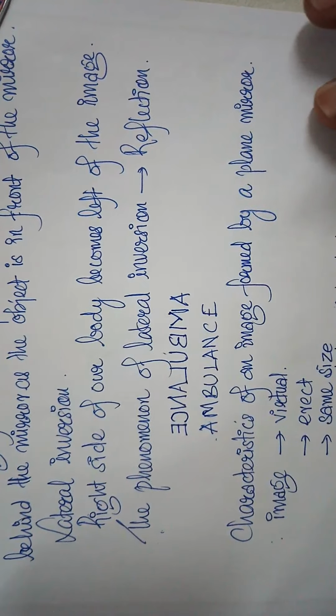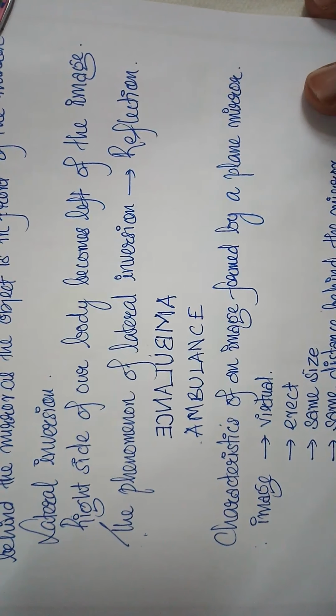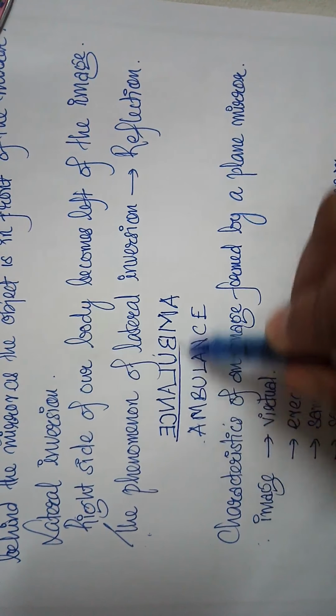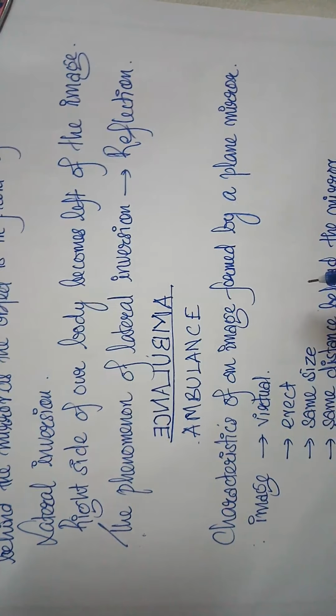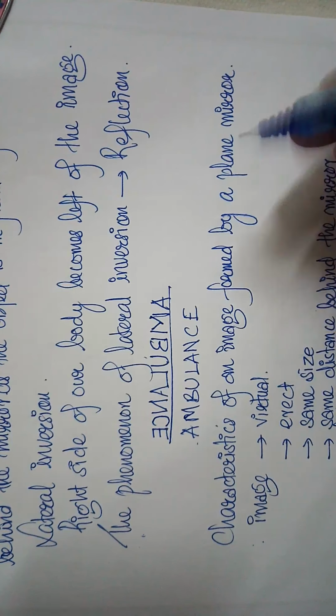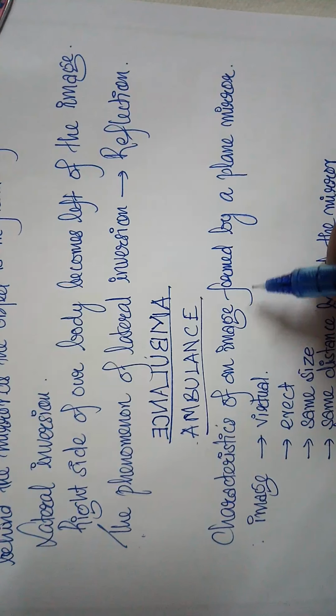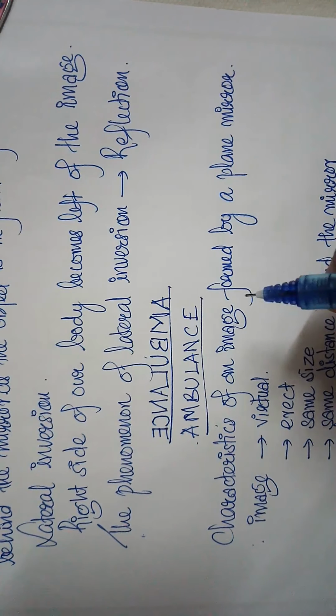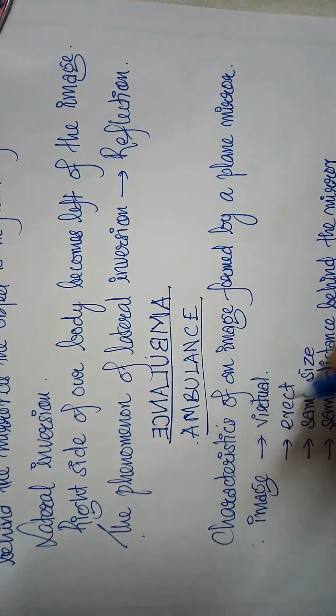The word ambulance on the hospital vans is written in the form of a mirror image like this. This is because when we are driving our car and we see the hospital van coming from behind in our rear view mirror, then we will get the laterally inverted image of ambulance. Since an ambulance carries seriously ill persons or patients, we can make way for it to pass through and reach the hospital quickly.